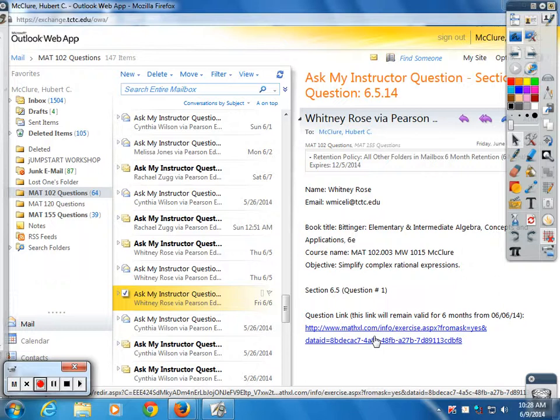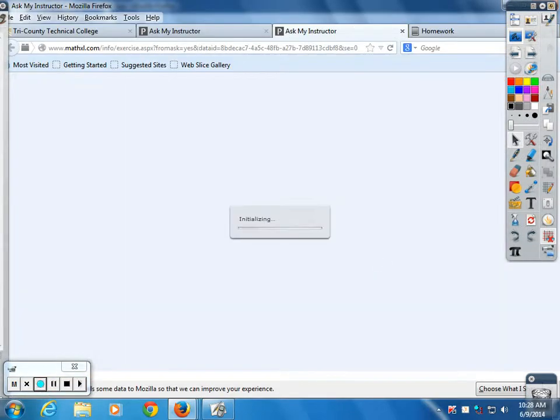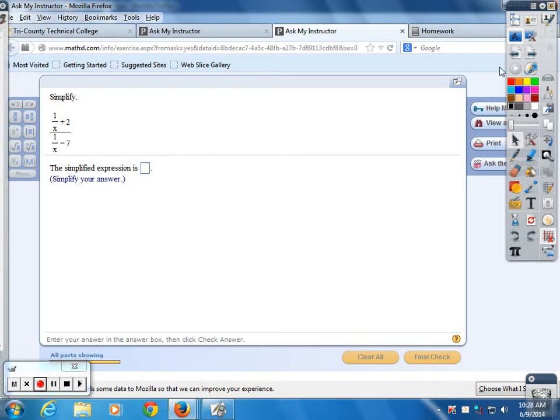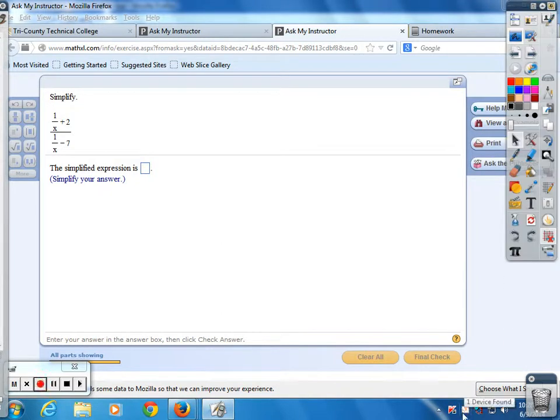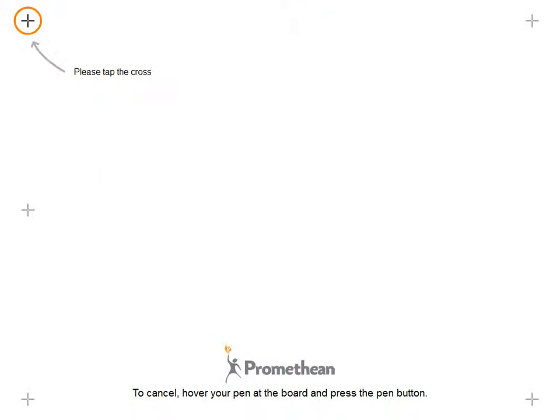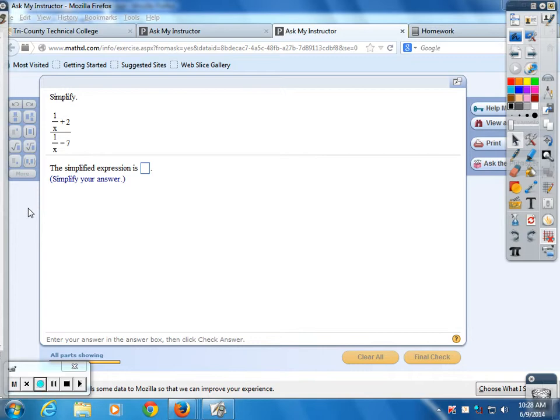6.5, 14, number 1. And there we go. Now, the first thing you want to do is make everything a fraction. That's the first thing you want to do. Make everything a fraction. So if I make everything a fraction, that's going to be